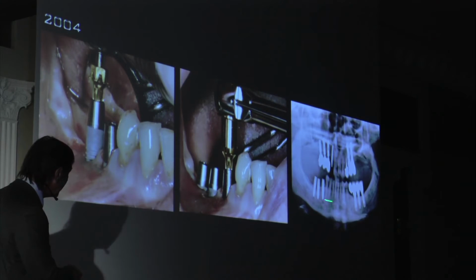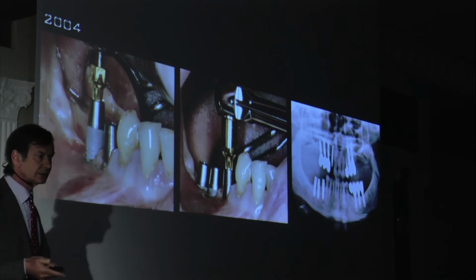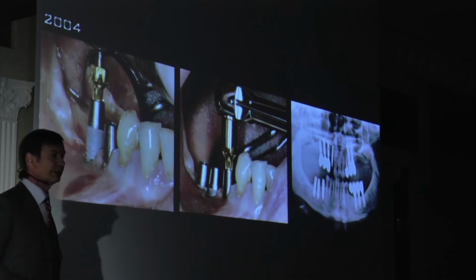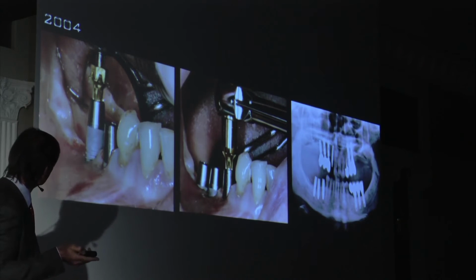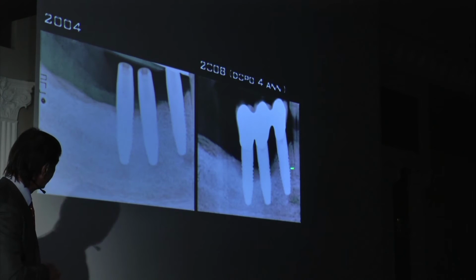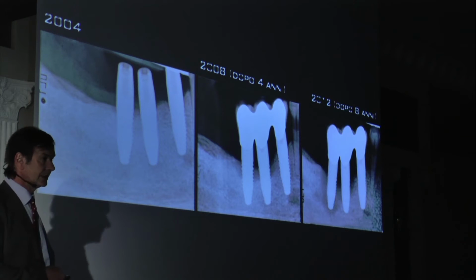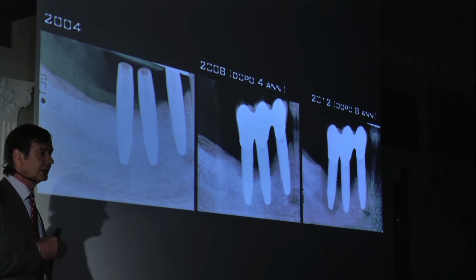And you see, in a normal bone, very easy procedure, nothing special. So I could think, if those implants are still there, perfectly stable after 10 years, these will last forever. 2004, nice bone. After 4 years, after 8 years, and the patient was coming to my office every 6 to 3 months to the hygienist and to me,